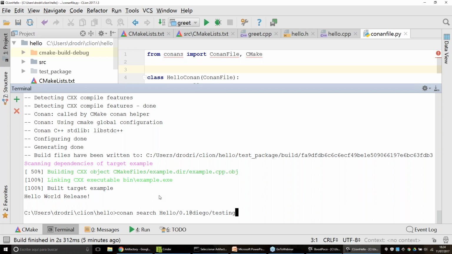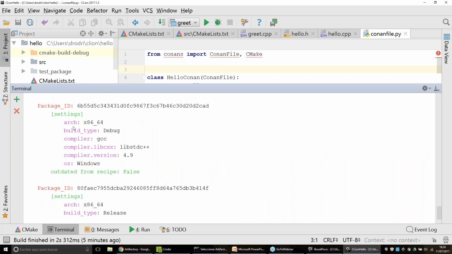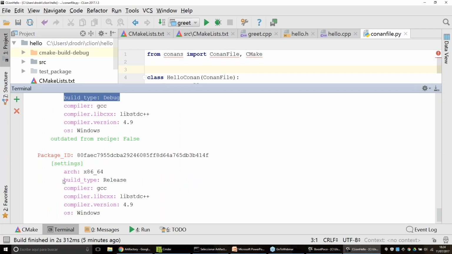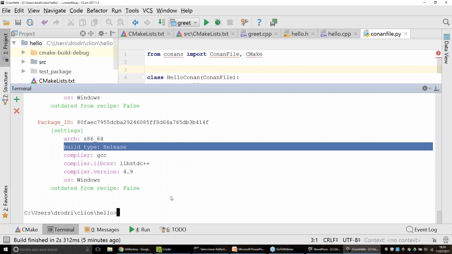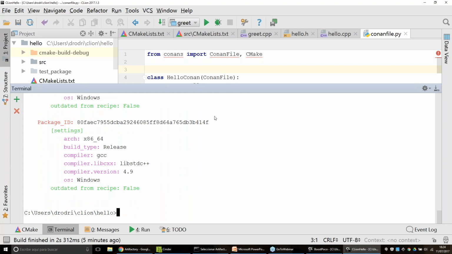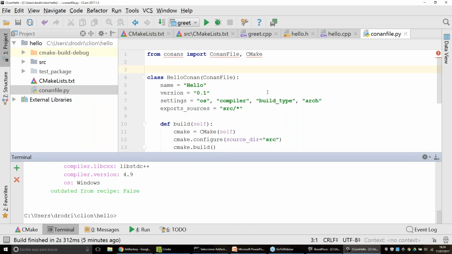So everything looks good. If I search again for my package, I will see that now I have two binaries. I will have one binary for the debug mode, and I will have a different binary for release, because they are actually different binaries. Okay, so far so good. So now we have this